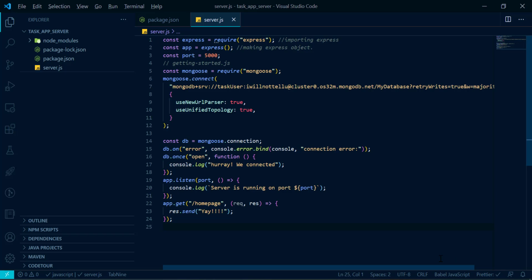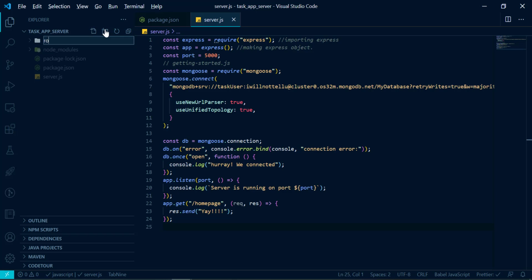So today in this video we will learn how to perform CRUD operations from our server, and using CRUD operations we will save task details from our server to the MongoDB Atlas database. So let's start. We'll make one folder, we will call it routes, and in that folder